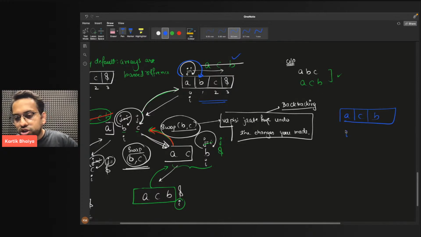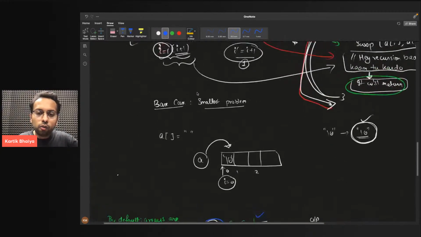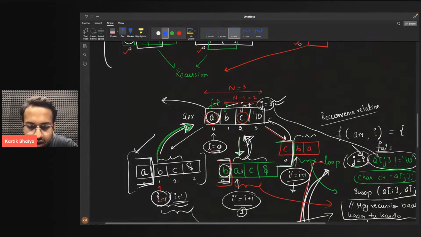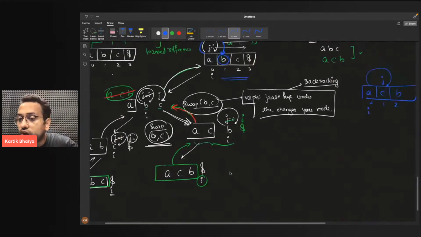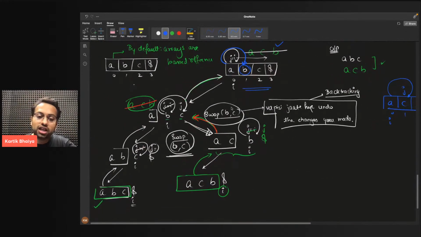अब देखो मेरा I पोजीशन तो यहीं पे है ना. अगर मैं J को अब आगे लेके जाता हूं, तो अब आगे कौन आ रहा है, C आ रहा है. बट होना क्या था, B आना था ना आगे. ऊपर हमने जो ये बनाया था, what was happening, यहाँ पे B आगे आ रहा था, बट सेकंड बार C आगे आ रहा है. तो this is not what I want. तो इसी वजह से मुझे वापसी जाते हुए चेंजेस को रिवर्ट बैक करना पड़ा, and this is called the backtracking concept. जो चेंजेस करते हुए नीचे गए हो, वापसी जाते हुए उन चेंजेस को अंडू कर देना, तभी तुम्हारा